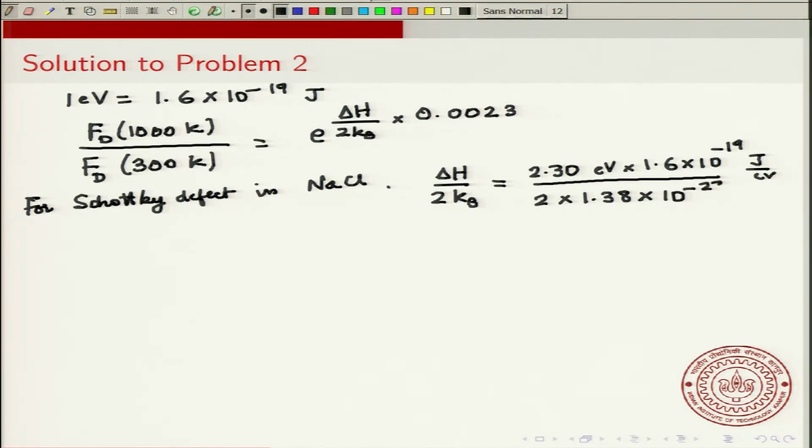This is the value of the Boltzmann constant, joule per Kelvin. And so delta H by 2 Kb will have units of Kelvin, and that is the unit of this. And if you substitute in that expression, you will get this Fd at 1000